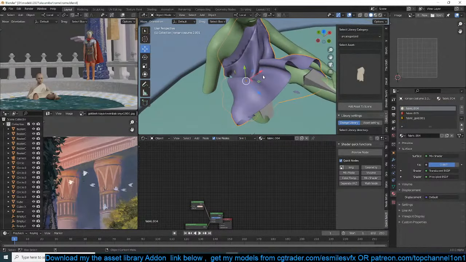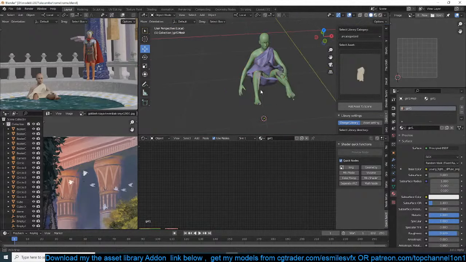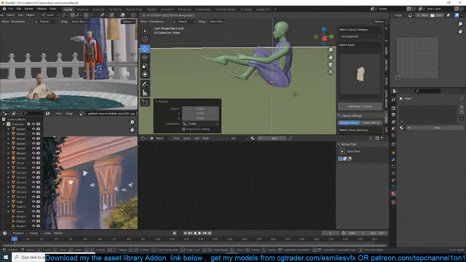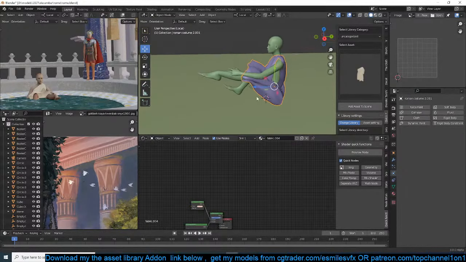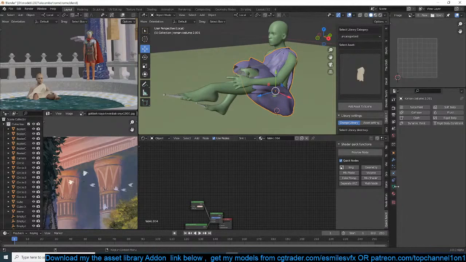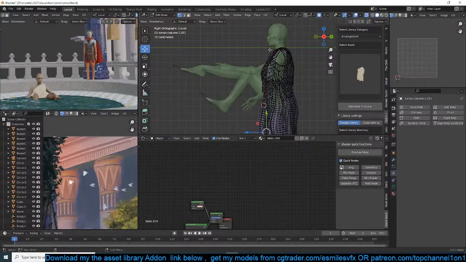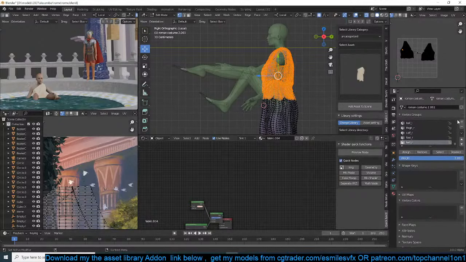Let me see, because I want to simulate the cloth. Right now it doesn't look realistic. Let me add a plane here, a collision object. I want to do some cloth simulation and see if this is going to work as I expect. If I do a cloth simulation right now, it's not going to work as I expected, but if I select these vertices up here, just give them a new vertex group,